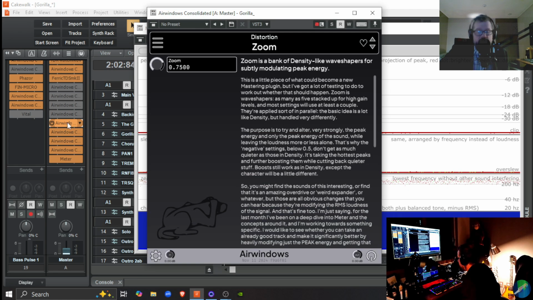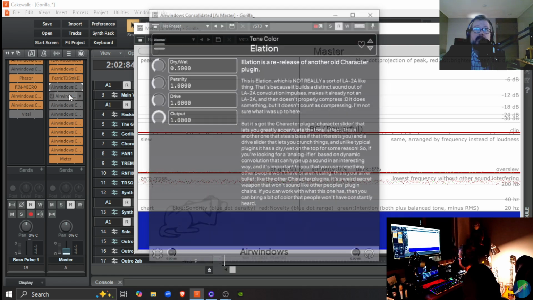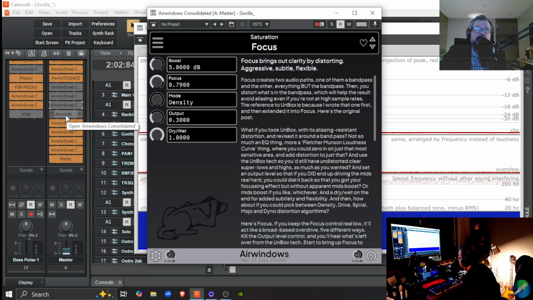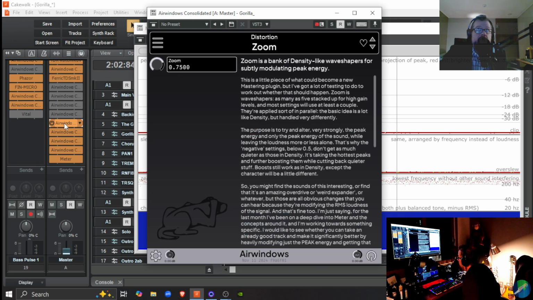We're going to start with Zoom. Now, it's going to be a little bit rough on the ears at first because I've got these, iron oxide 5, Elation, Focus, and Inflamer, particularly the first three, I've got these bypassed. I just want you to hear what Zoom is doing.